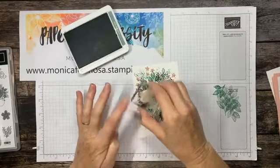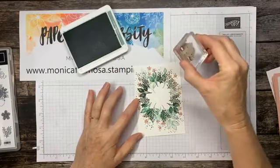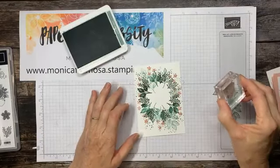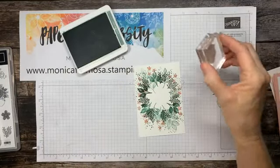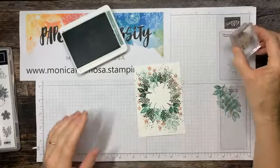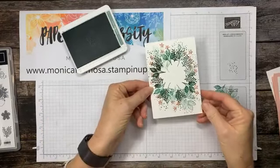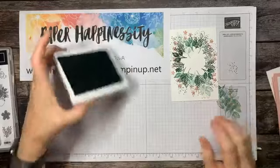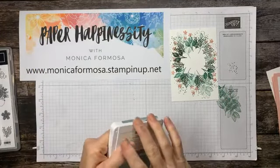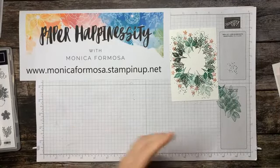Using again first and second generation stamping. Don't be afraid to go over what you've stamped. I might just, cool. All right, so that's that part done. I'm going to just leave that sit there for now, and I will let that dry while I stamp